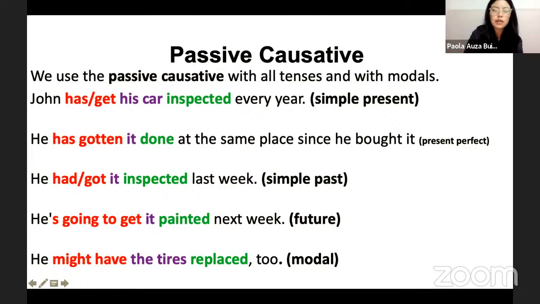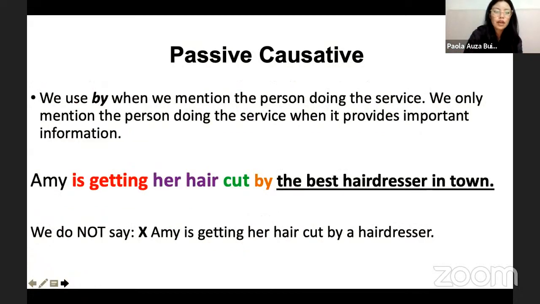Okay, let's see. Oh, and by the way, this is to finish. No, the use of by. No, we use by when we are mentioning the person that is doing the action or the service for us. So